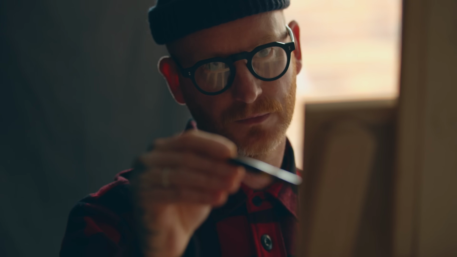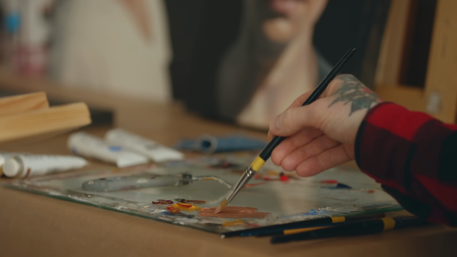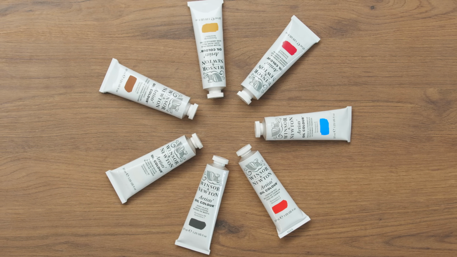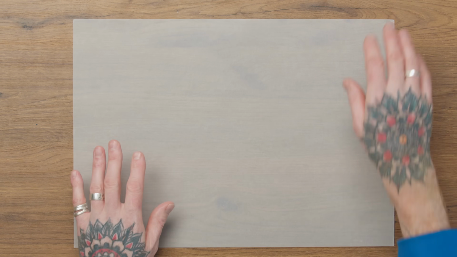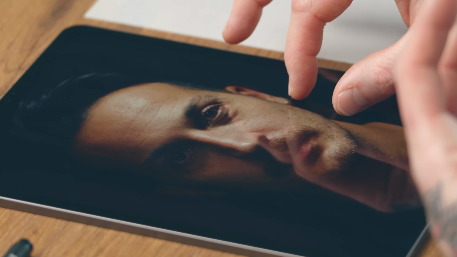To follow my steps, previous experience of drawing and painting would be helpful, but not entirely essential. You'll need a set of oil paints, brushes, solvent, acrylic gesso primer, also a palette and a surface to paint on. You'll also require a pencil, some tracing paper, a screen to display your reference image, and a camera.